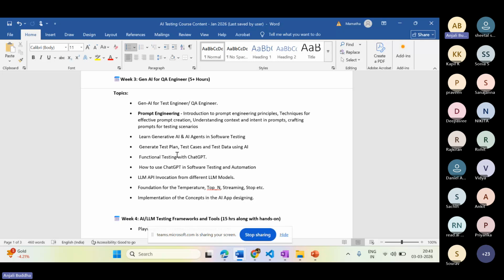In the same way, when you have to do the UI validation, whatever UI interface has been designed, according to that interface you have to do the functional testing. So what are the different approaches to do that? We'll be basically creating a GPT model by using Azure, and we'll be getting a playground, where we are going to test the different functionalities of that particular GPT model that we are going to design.